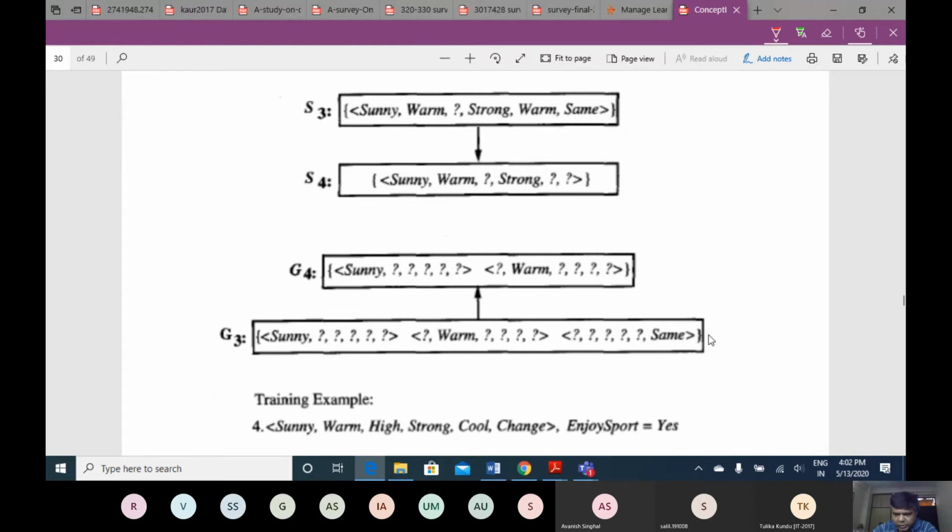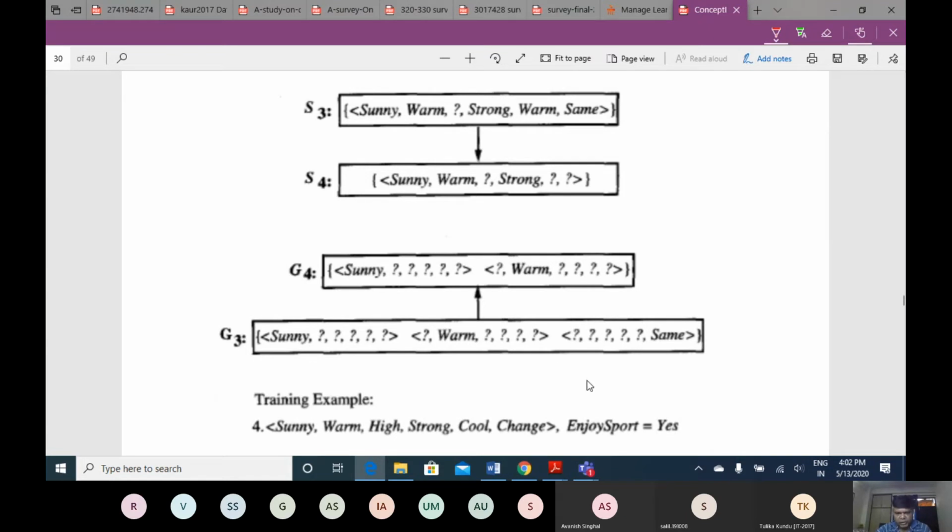So that means we can remove this one in general. So this is more general. Now this is more general. It includes these cases also, where it was same also, or where it was change also. So after doing this, what we have done is we have expanded this. This is more general than this.